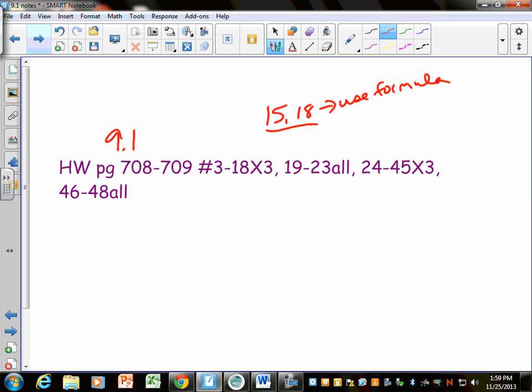So, here's your homework. I have a homework sheet for you as well. Notice up here, 15 and 18, I want you to actually use the formula. Everything else, you don't have to use the formula. A lot of people were like in the 30s before they left here in second hour. So get your book out and get started on it so you can get